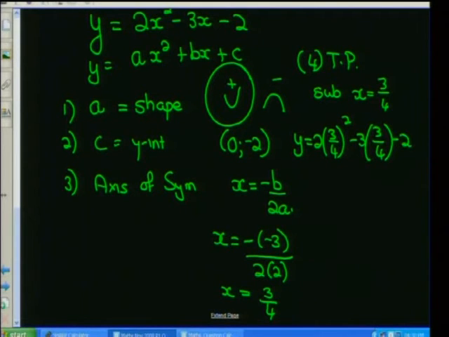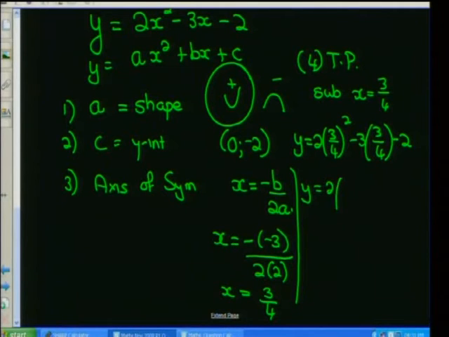And of course the calculator would be great for that. You've got fraction buttons on your calculators. The sharp one I can pull up for you now and show you how it works. But definitely I'll do it without a calculator as much as possible, because sometimes they do say without using your calculator. Right, so this becomes y equals 2,